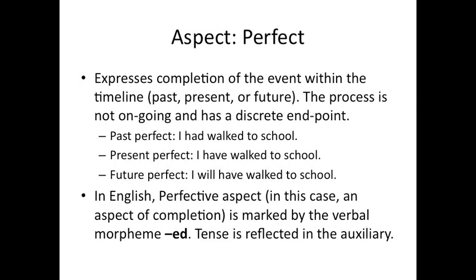Now notice also that in English we do have irregular verbs, so it's not always going to be that they have -ed on it. So for example, "to go," which is the infinitive for go, you're not going to have "goed," right? You're going to have "gone." I had gone to school. I have gone to school. I will have gone to school. So just keep that in mind, that there are irregular verbs, and so this -ed morpheme isn't always going to surface. But for all the regular verbs that are conjugated that way, it's going to be the case.